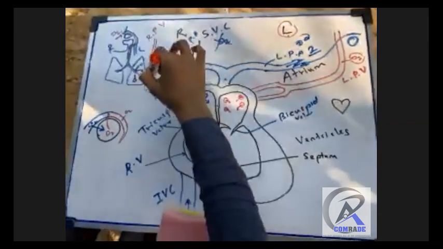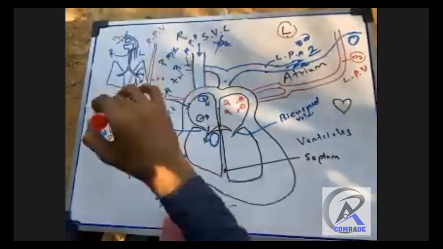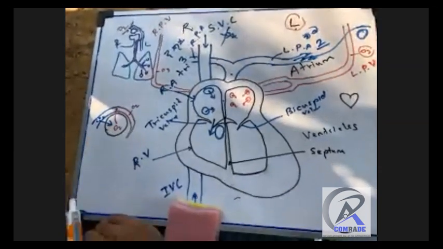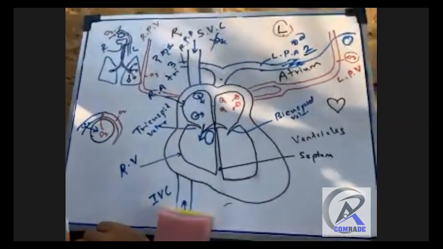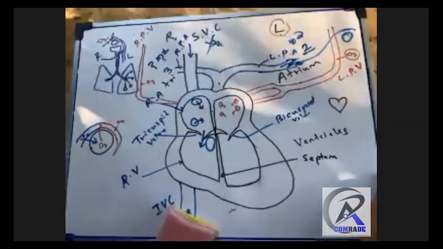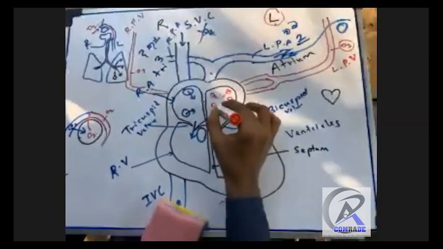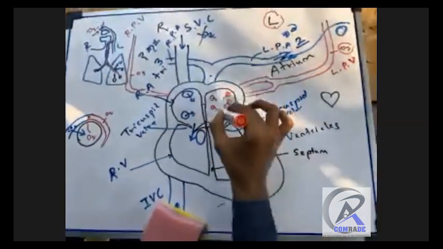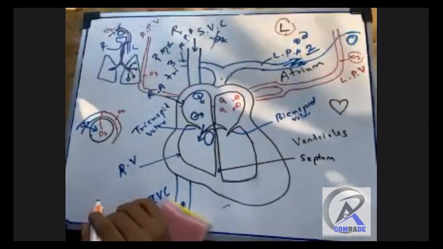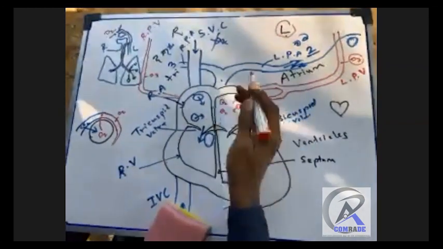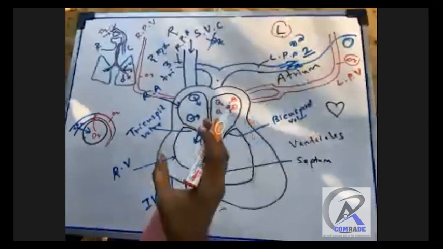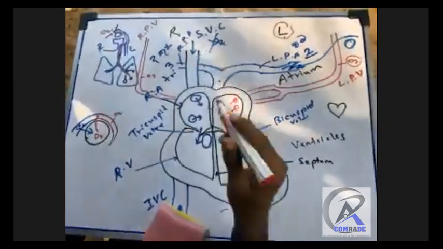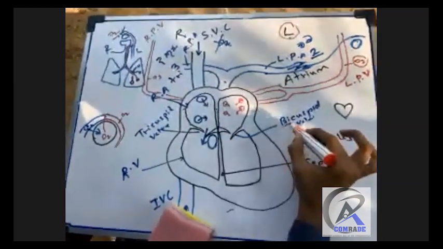This also consists of oxygenated blood. Why? They are coming from being oxygenated through the lungs. Okay, right. So what's happening? Again, the oxygenated blood fills in this left atrium, right? And after filling, there will be a pressure now. Okay, and suddenly it will contract, and through the bicuspid valve